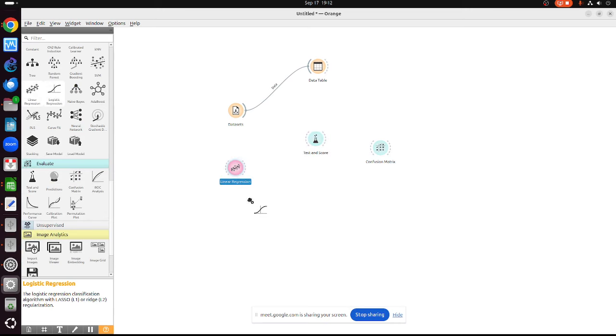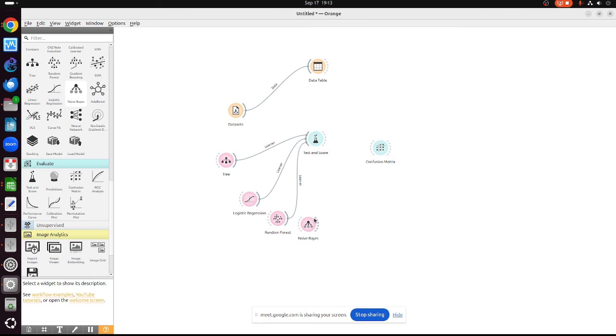I can evaluate several algorithm here. I have linear, doesn't work here. Remove linear. I have logistic. I have random forest. I have tree. I have naive Bayes, for example. So I will evaluate 4 algorithm: tree, logistic regression, random forest, naive Bayes. So I will test this one. 4 algorithm I will test, and then we can check